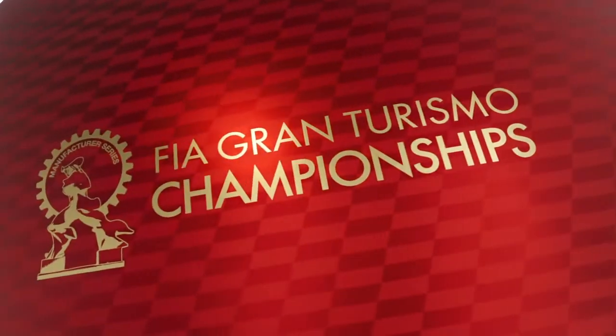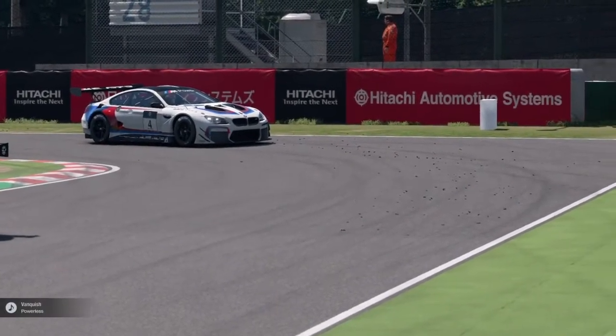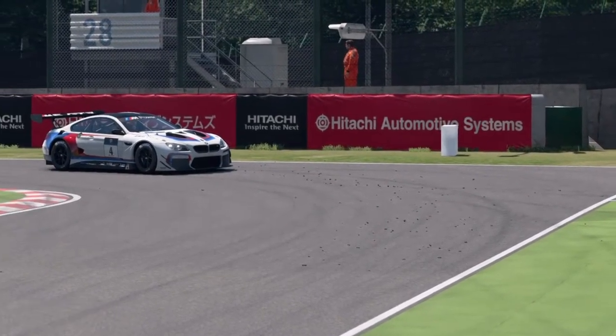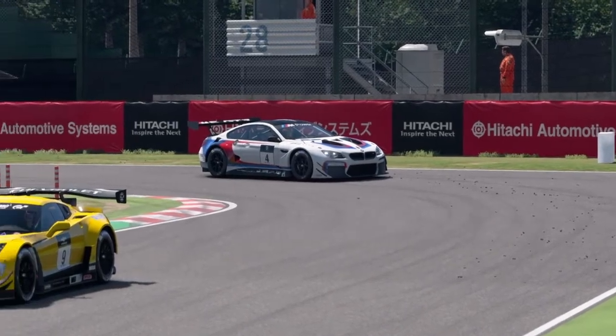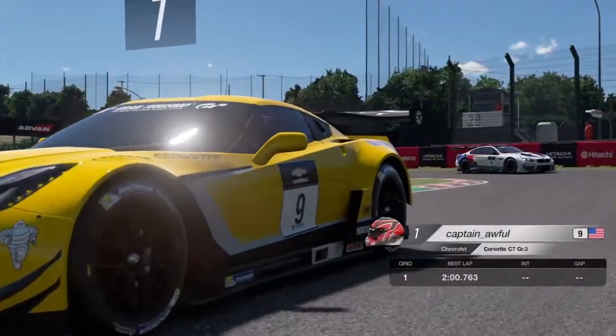Oh yes, thank you, Opera Lady. It is time to rumble. It is time to get it on at Suzuka. Time to improve on last week's just awful results. So in first, we have Captain Awful in first at a